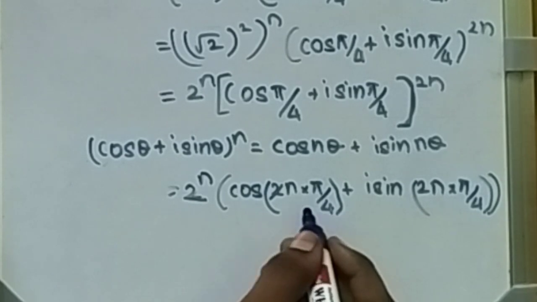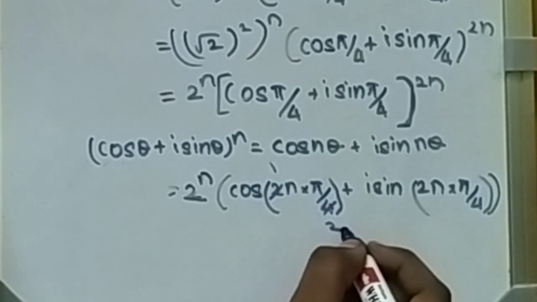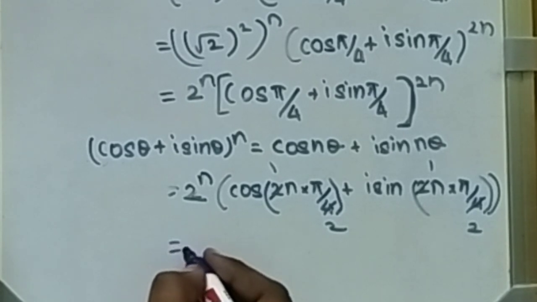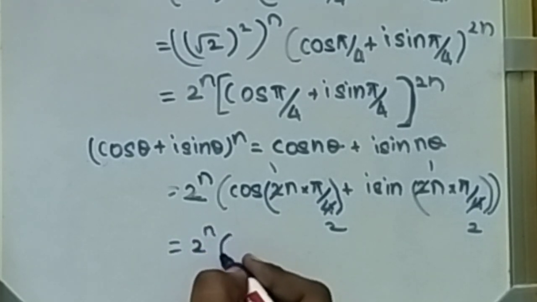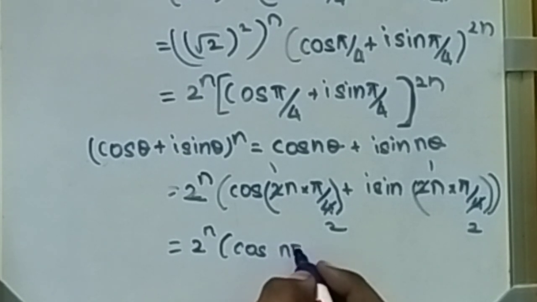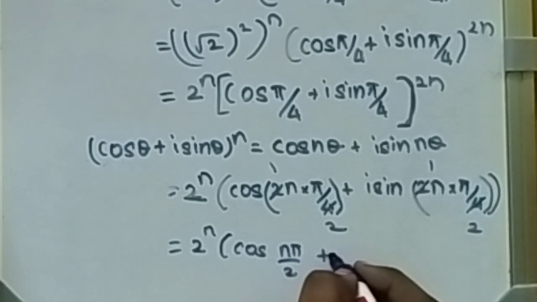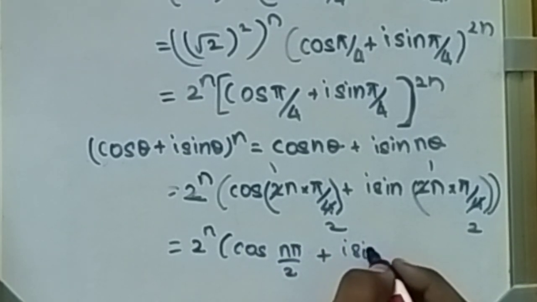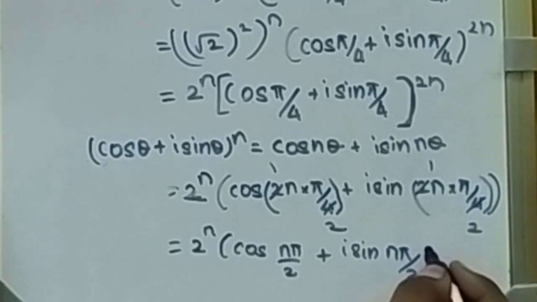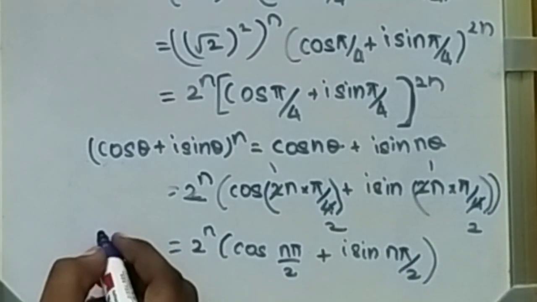I am going to cancel this. 1 2s are 2, 2 2s are 4. Likewise 1 2s are 2, 2 2s are 4. So we can write 2 power n cos n pi by 2 plus i sin n pi by 2. Clear. This is the value of